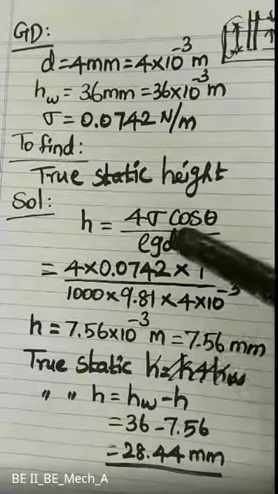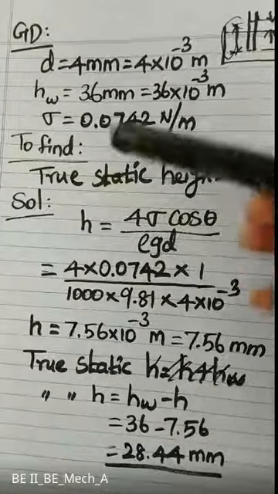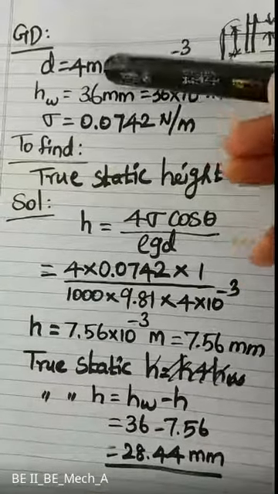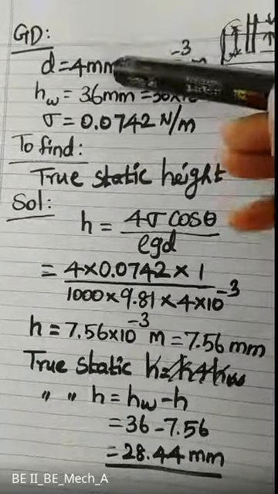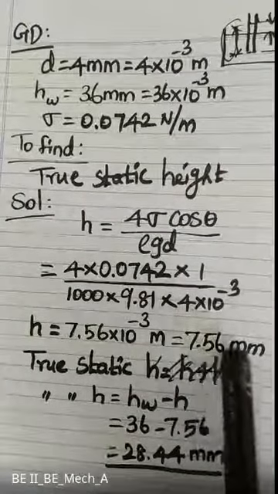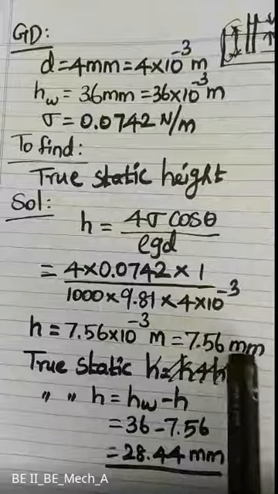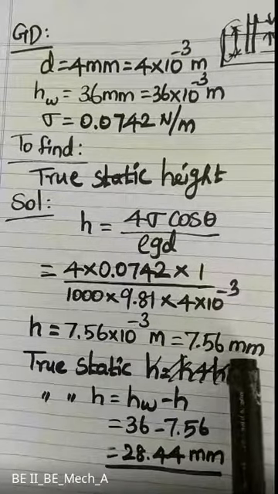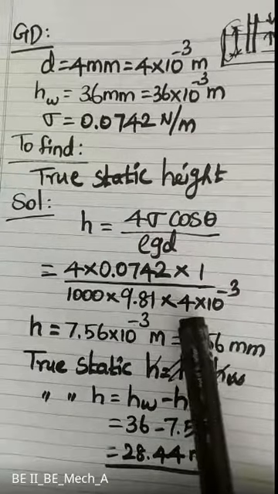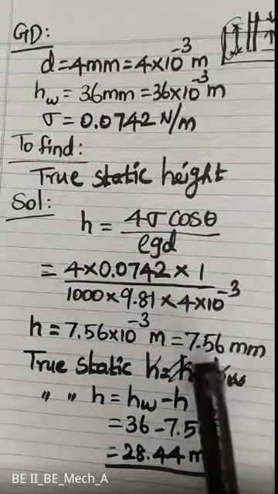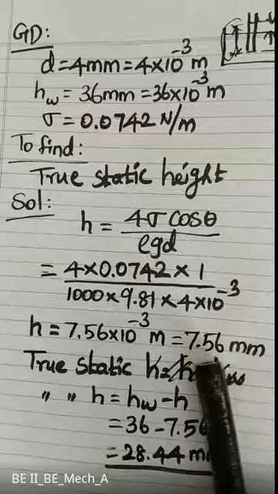Okay, so here we are using a 4 mm diameter pipe. So if you are using an 8 mm diameter, that means if you are increasing the diameter 2 times, that means this particular value will reduce 2 times. So if it is 7.56, if you are using an 8 mm diameter pipe, then this value will be reduced to